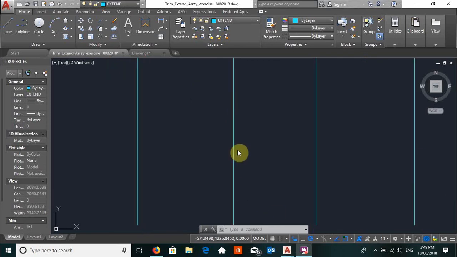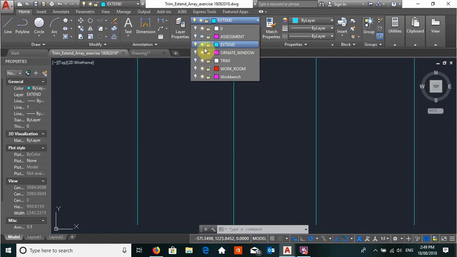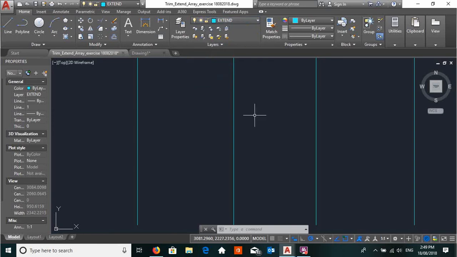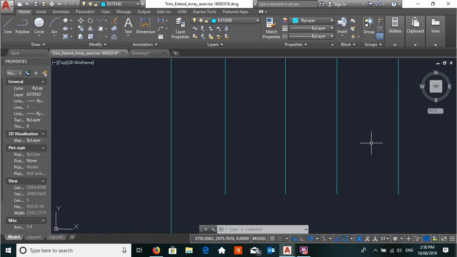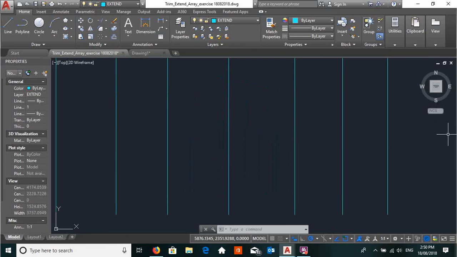We're now going to practice with the editing tool, extend. So turn on your manage properties drop down menu, highlight or turn that layer on, make that the current layer, and switch all the other layers off. This will appear probably zoomed in quite a lot, and so you can do one of two things. You can scroll backwards and that will zoom it out, or you can